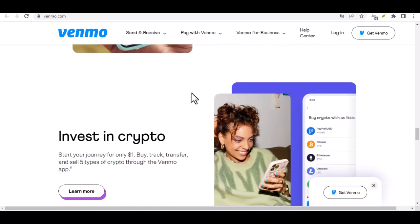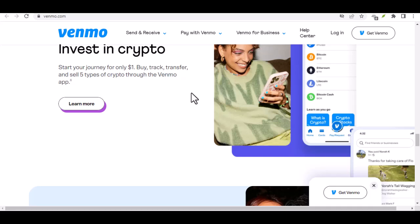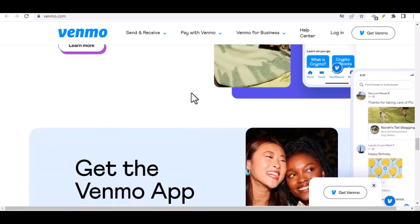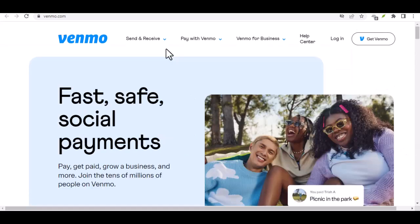Failed transfers: if a transfer fails, you'll typically receive a notification. This could be due to insufficient funds, incorrect recipient information, or other issues. Delayed transfers: if a transfer is delayed, it's usually due to factors mentioned earlier, such as bank processing times or technical issues. Additional considerations. Security: Venmo takes security seriously, but it's always a good idea to protect your account by